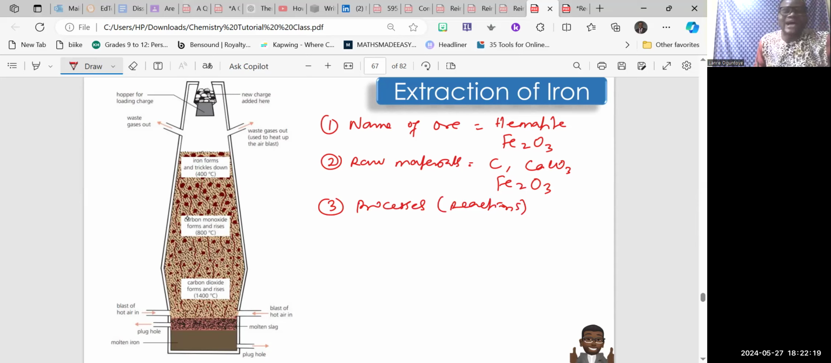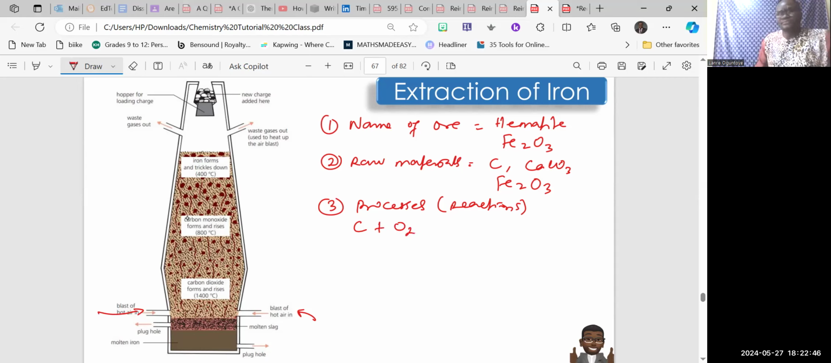The first thing that happens is that the coke, which is the carbon, will react with the hot air. They blast in hot air in 2 places. You need to know this diagram, because they can draw this diagram in multiple choice and ask you to label. So hot air goes in at the base of the furnace. That hot air reacts with